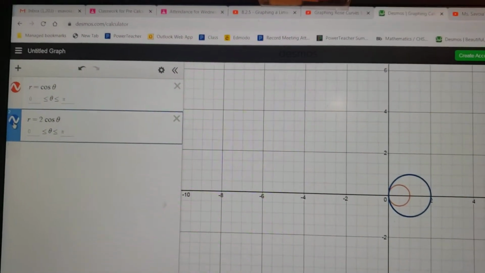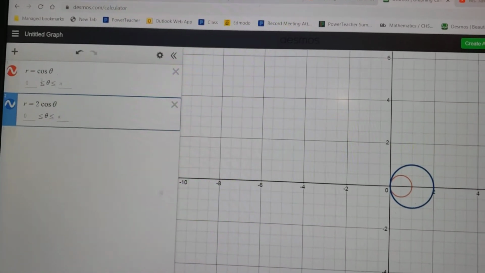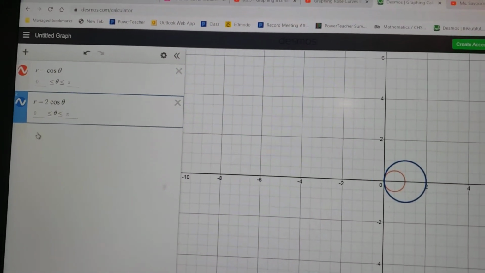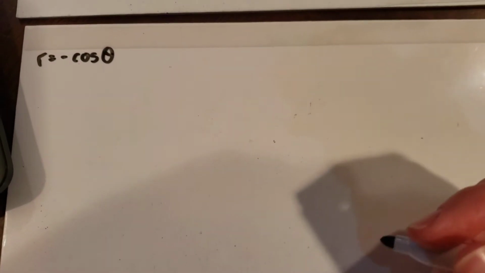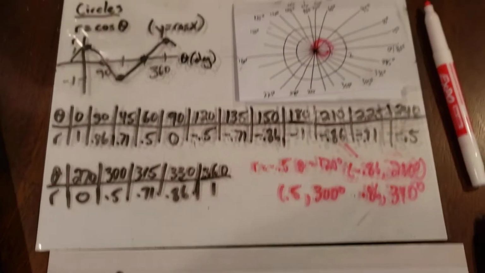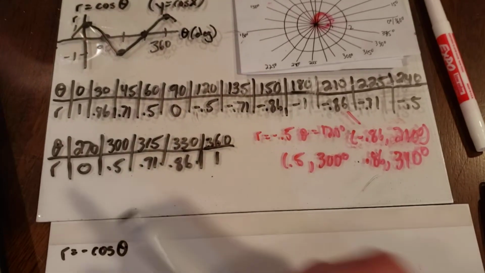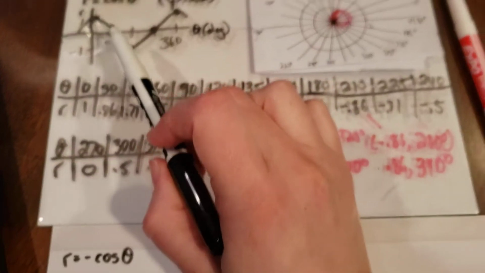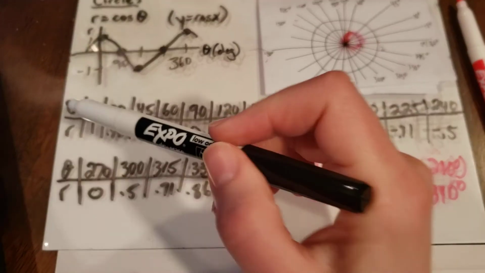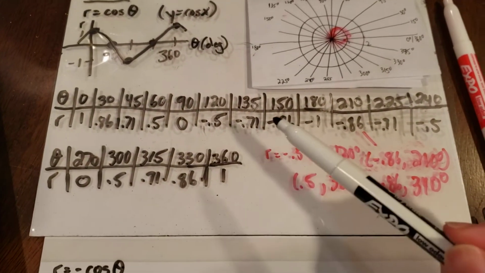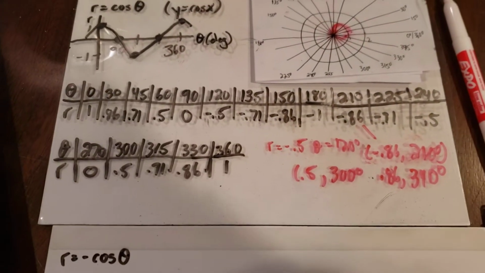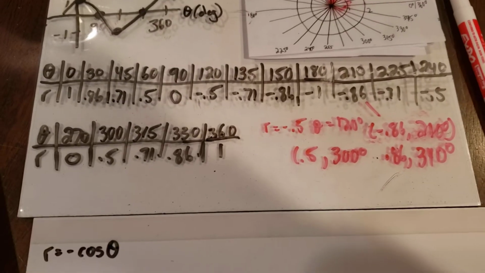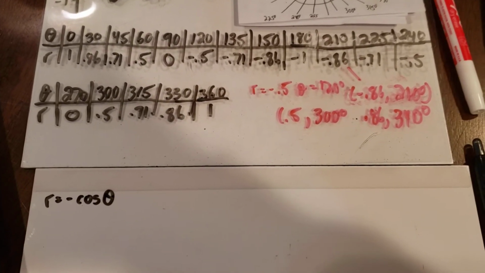Now, what would you think would happen if we made this a value, the coefficient in front of cosine, negative? What do you think would happen? To figure it out, instead of just writing it in, why don't we do the same thing we just did for r equals cosine theta? Why don't we sketch this in terms of this kind of graph, make a big table of values, and then plot it. That's what we should do right now. Use the same inputs and get the new outputs when it's negative cosine theta,